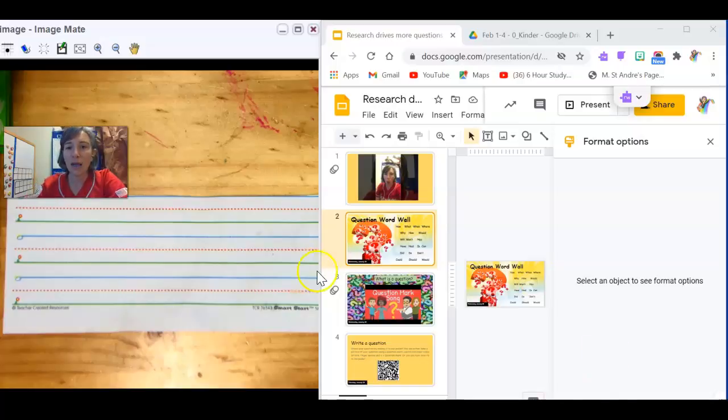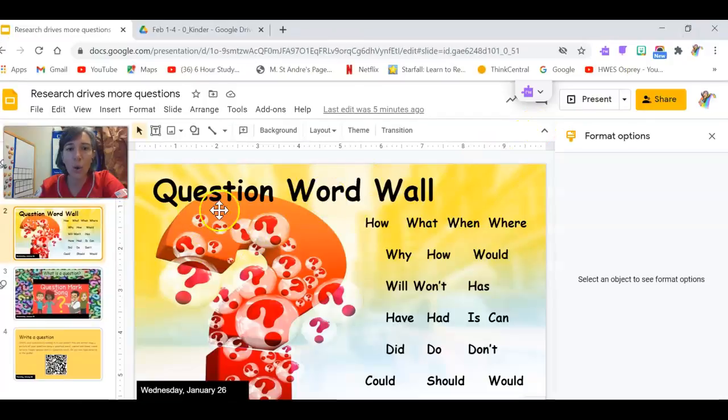And Mrs. St. Andre on her slide made you a special question word wall. And it has all the words that you can use to start your question sentence. Let me read the words to you now.